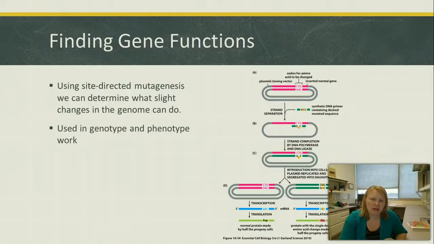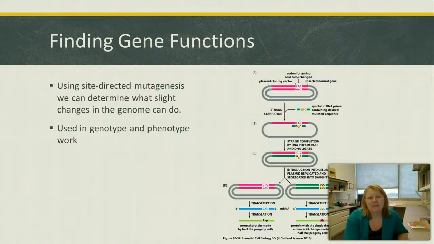It's very tedious because if we're just changing one base pair at a time, we change it, we see what happens. We change another one, we see what happens. Now, you want to be smart. You don't just go through each one, because what do we know about codons? We know that changing a base does not always equal an amino acid change. So we don't have to change every single one, but we do specific site-directed ones to cause a different amino